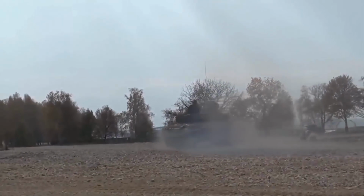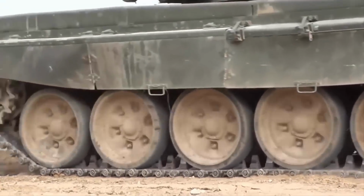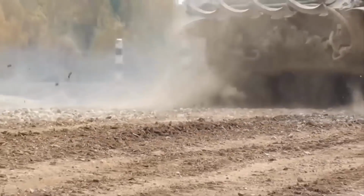All Russian tanks dating back from pre-World War II right up to the T-90 and its variants have been designed with a very similar external layout, heavily sloped hull and compact rounded turret. Because if it ain't broke...